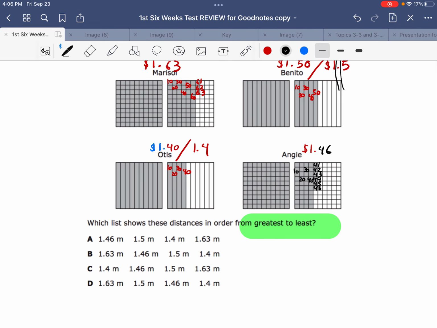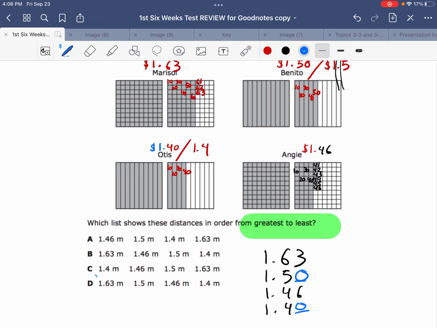So my greatest one is 1.63. Next, I have 1.50. You can put your placeholder, so 1.50. Next is 1.46, and then the last one is 1.40 or 1.4. I can put a placeholder, okay? And then if I look, my answer is